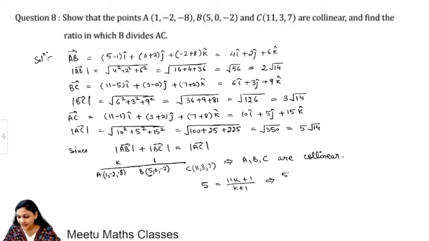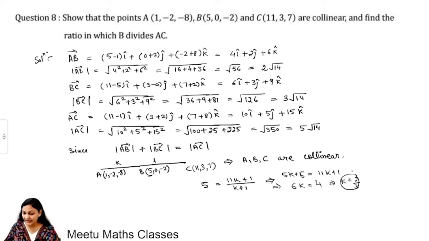So it will be equal to 5k. Cross multiply, if you do, then 5k plus 5 is equal to 11k plus 1, and this will give you 6k is equal to 4, or k can be equal to 4 by 6, that is 2 by 3. So if k is 2 by 3, then the required ratio